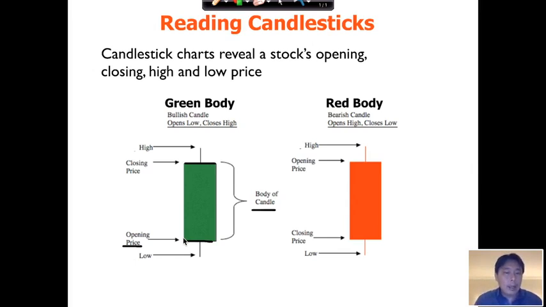And you'll then see an upper shadow and a lower shadow. Some people call it wicks or tails, right? Call it shadows, right? So the upper shadow tells you the highest price reached within that time frame. That means within that 15 minutes, there was a highest price reached. And this lower shadow tells you the lowest price of that time frame, 15 minutes or hourly candle. All right, so that's how you read a green candle.